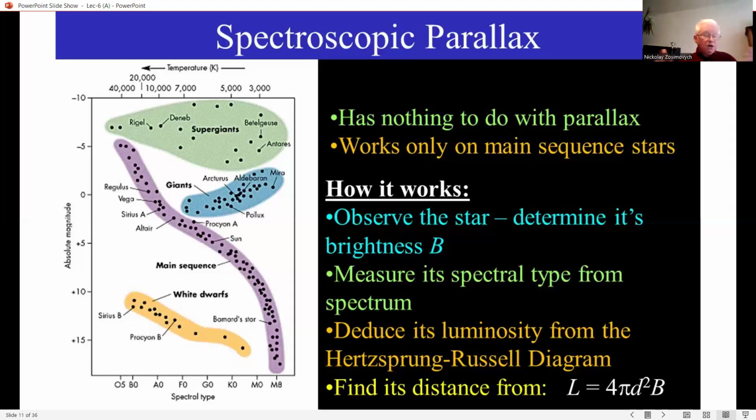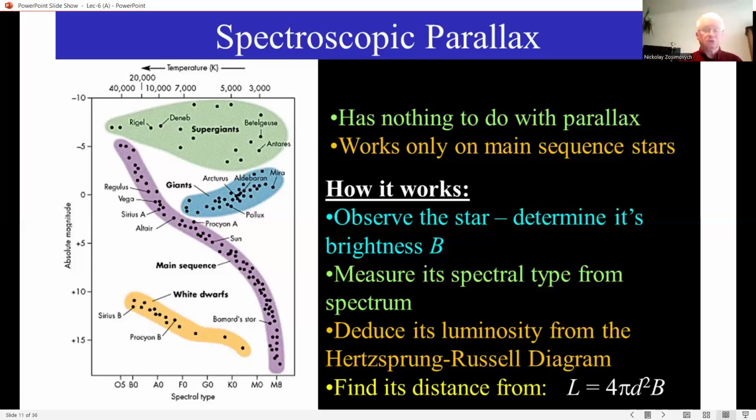You can also determine its luminosity class by looking at the width of its spectral lines, and that tells you the star's vertical location in the diagram. Once you plot the point that represents the star in the HR diagram, you can read off its absolute magnitude. As you have learned earlier in our lecture, you can find the distance to a star by comparing its apparent